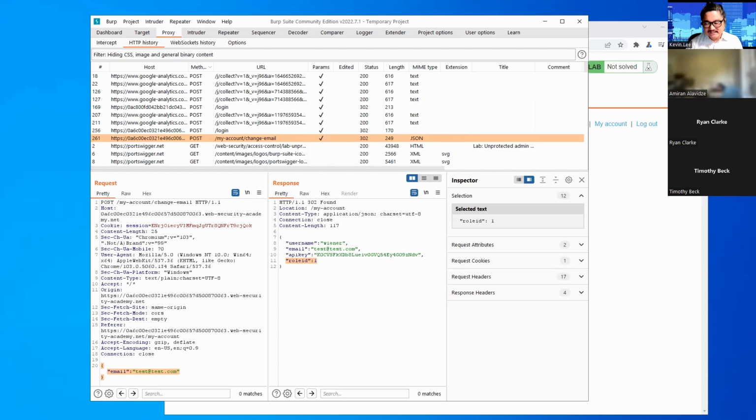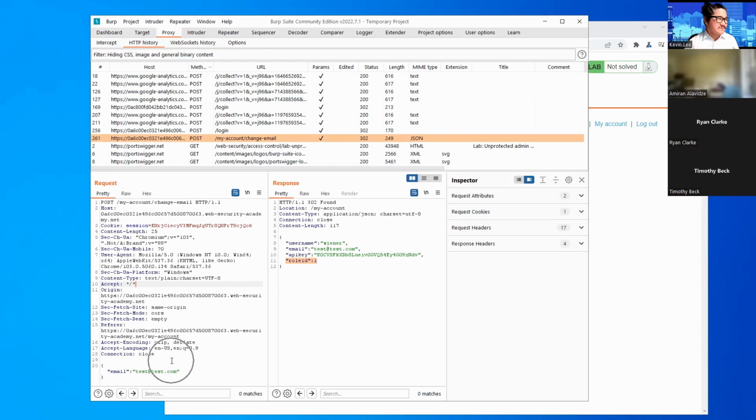Okay, so Jason Watt suggests that we change the ID. Yeah, we could certainly attempt to change the ID, but what exactly would we do to change the ID? Jason says we're going to send it to the Repeater. So Jason is absolutely correct. What we're going to do is take this request that we used to modify our email address, and we're going to repeat it. We're going to replay the request to the app.